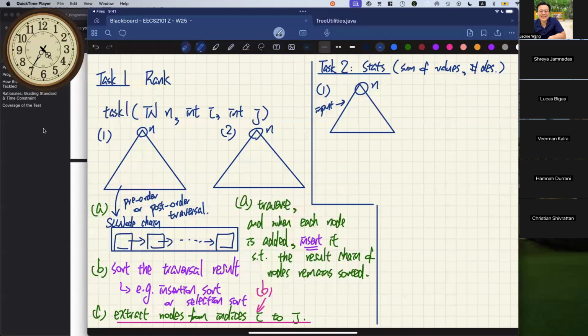So for those of you who are able to make it work in just one pass, so you're just going to traverse the tree at one go, and then you can figure out the sum of the values and the number of descendants at the same time. That'll be okay. But that's not what the solution does. The solution tries to kind of separate these two calculations to make it a little bit conceptually clearer, which I'll go over with you. So after one single pass, you will just get an output tree of the same size, and that one there will just contain both pieces of information. Okay. That's approach one.